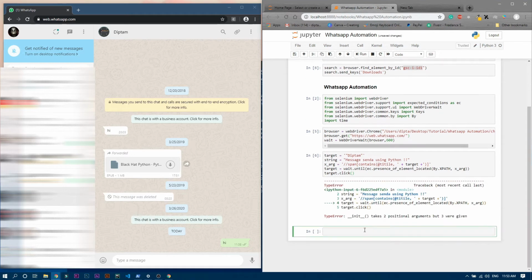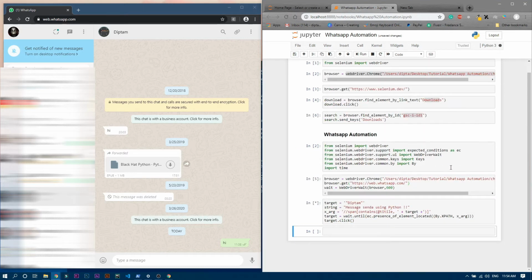Okay, there is a type error, let me check it. Okay, the error is that it takes two arguments but three were given, right? Because these three are totally separated, we have to put these two inside one parenthesis, right? So we will write one more parenthesis over here. So now this will pass only two arguments. Now let's run it again and check. Okay, it ran properly, there is no error, I guess.